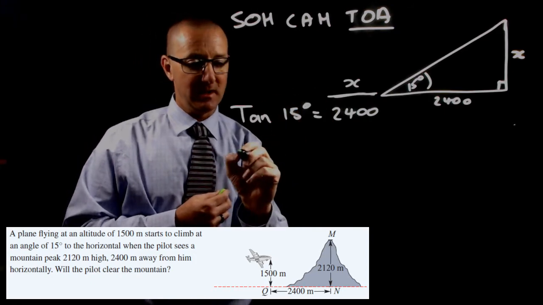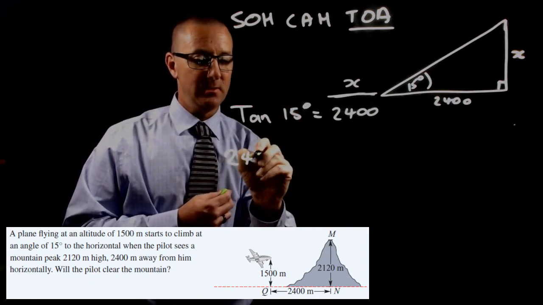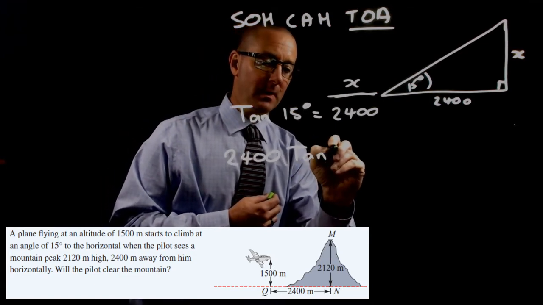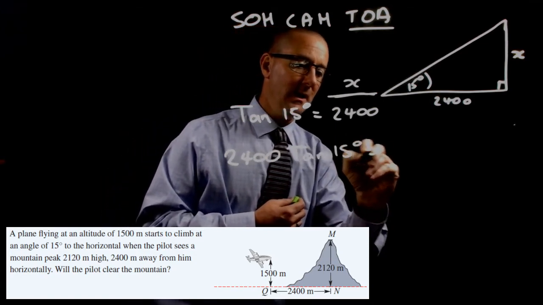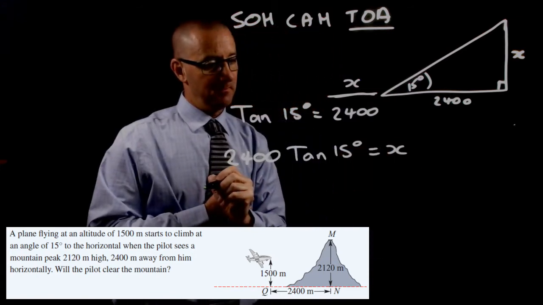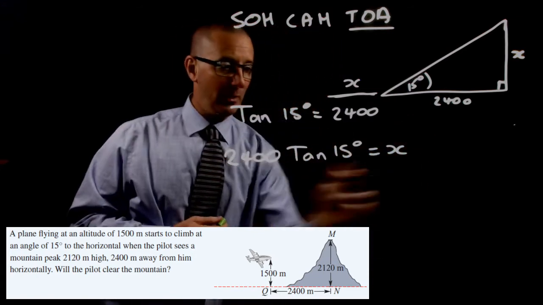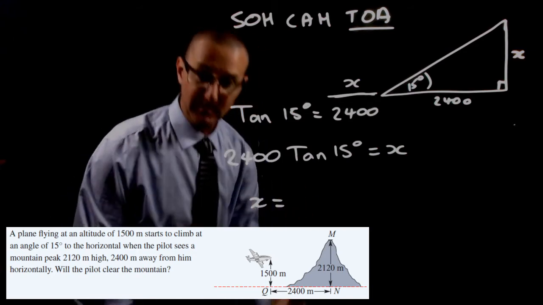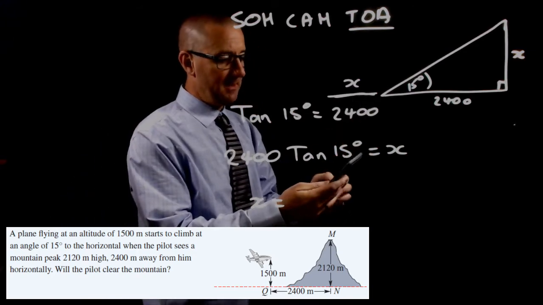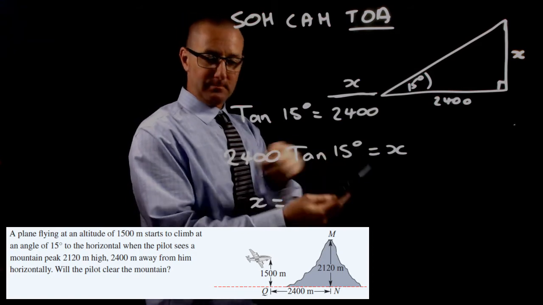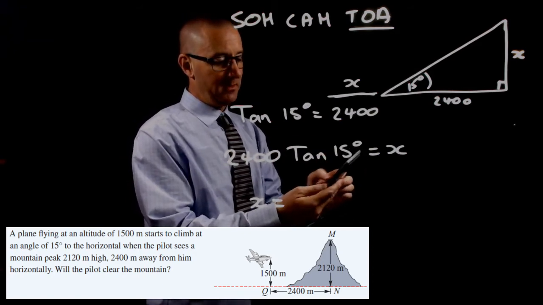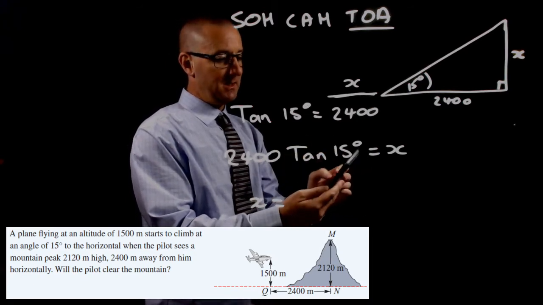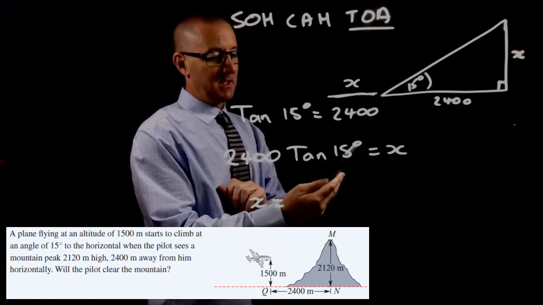And so that's going to give us on our next line 2,400 times the tangent of 15 degrees, becoming equal to x. So I'm going to switch these around now and put x on the left-hand side and say that x therefore is equal to, and this is where we grab our calculator, we turn it on, and we say 2,400 times the tan of 15 degrees, and that's going to give us